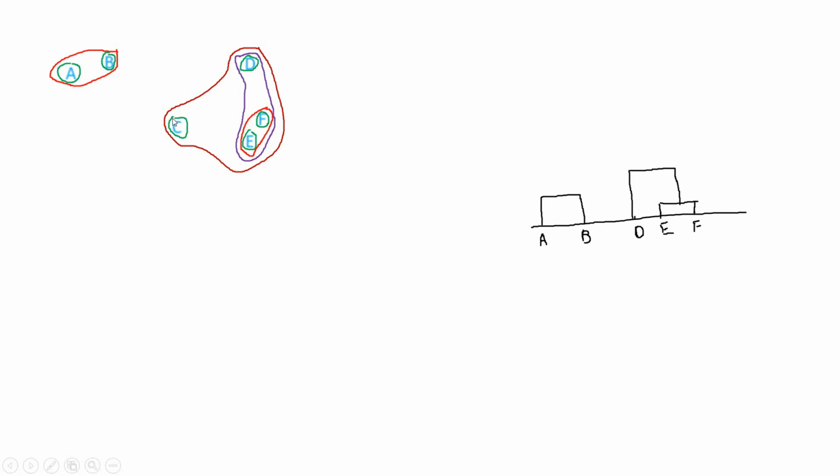Now you can see that previously the distance between C and this cluster was almost close to the distance between D and the EF cluster, right? But a little bit higher. So our C link will be a little bit higher than the D link, okay? So if we plot in the dendrogram, the gap will not be high, it will be like this. I hope you can intuitively understand.